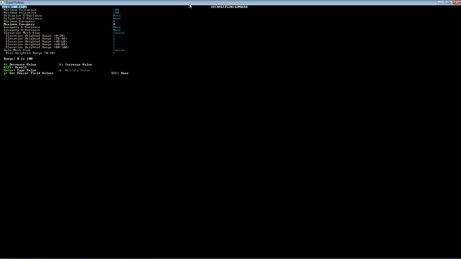Not by modifying the minimum and maximums, but by modifying the mesh size. Mesh size determines the weighted ranges of certain terrain features. So, for example, a smaller mesh size allows me to have a more finely grained terrain, the changes between these. So 0 to 20 represents the bottom 20% of those maximum and minimums I set at the top. So if I wanted to have low drainage be more common, what I would do is set a mesh size down small so that drainage could change more frequently, and then I would alter the frequency of this, and this is a relative frequency, to be higher. And so I would change it to be something like